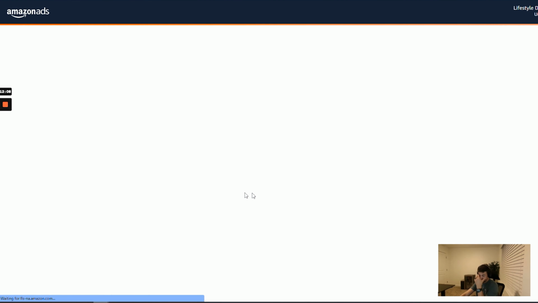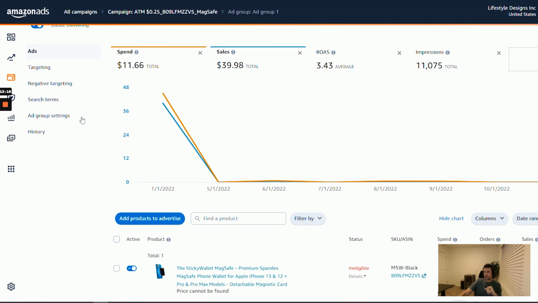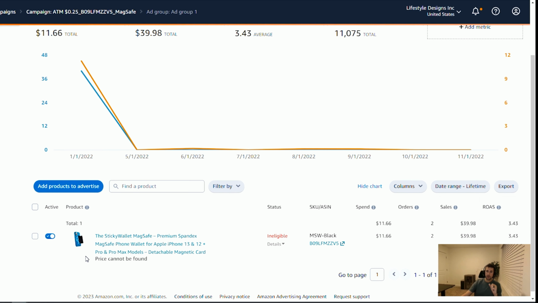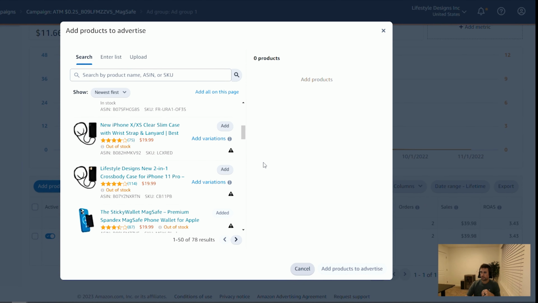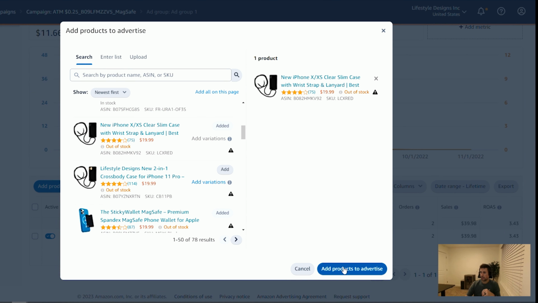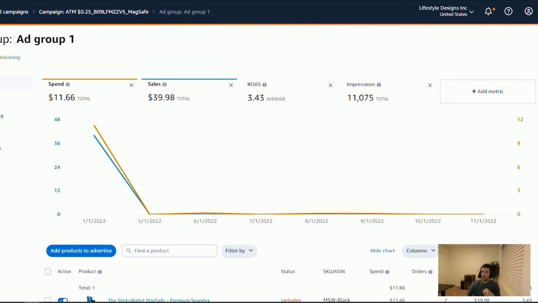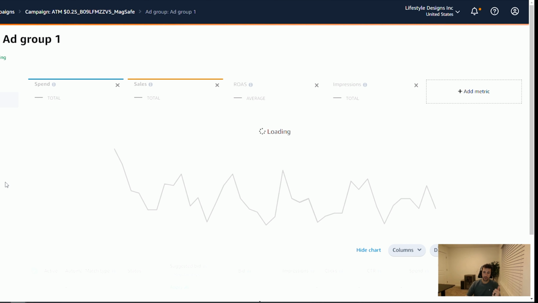All right, so coming back in, under ad groups, we're going to click on ad group 1. And this takes us to the next level. So you'll see ads. And in the ad section are the different houses, the different products that you want to advertise. At any time, we can add different products to advertise within this ad group. We can click them all here. If we add it in, then we can click add products to advertise, and when done, it'll pop up here as another option. Then you can do targeting, and this is going to be where either the search terms are